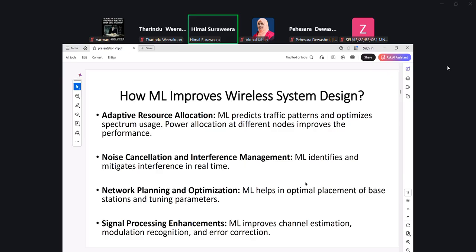Like, say in wireless communications, the channel is wireless, or just air. Typically the channel will introduce a phase shift as well as an amplitude attenuation on the launched transmitted signal. In order to estimate these kinds of things, machine learning is helpful, as well as to recognize what type of modulation schemes are being used at the transmitter, and also to correct errors within bits. Also, these kinds of techniques can be deployed.